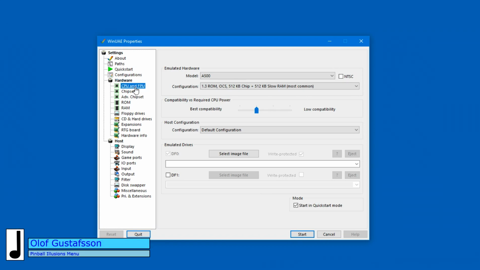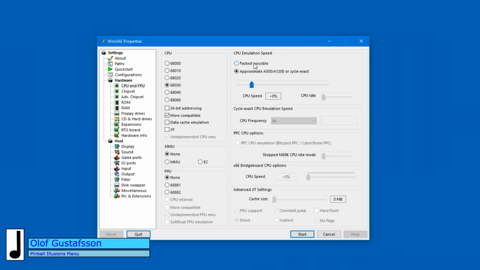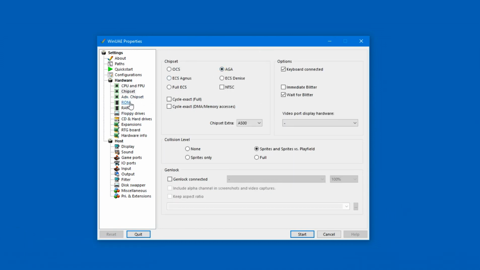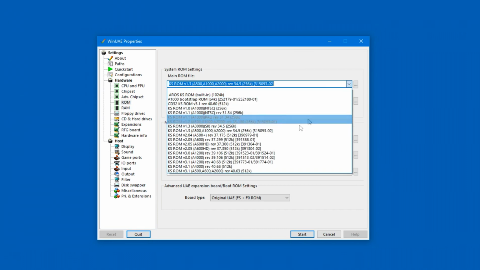Hello and welcome to the short video to demonstrate how to install Amiga OS 3.9 with Picasso 96 support using WinUAE. You will require a Kickstart 3.1 ROM image, a Workbench ADF image, the OS 3.9 CD or an ISO of it, and a copy of the Picasso 96 drivers.